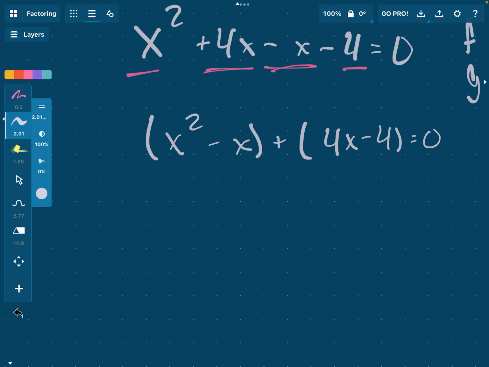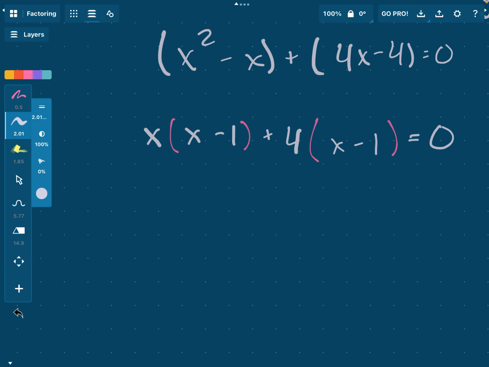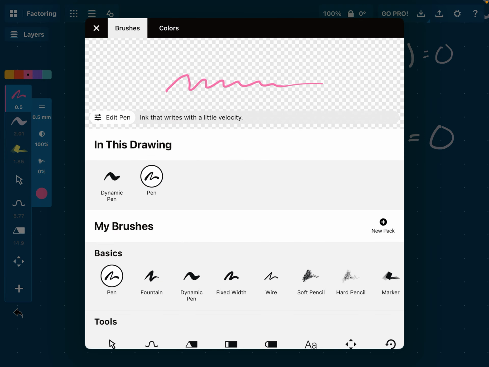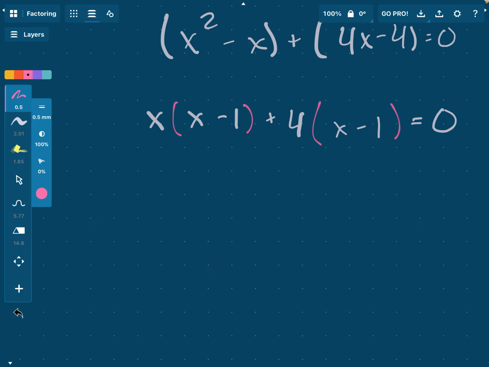Again, we can factor out an x here. Start adding some color just to make it a little easier. Oop, and then I forget to add color. Okay. Plus 4x minus 1, and this is going to be equal to 0. So again, what we're going to do is factor out these common binomials. So both of these binomials are the same on both sides. So we end up with x plus 4